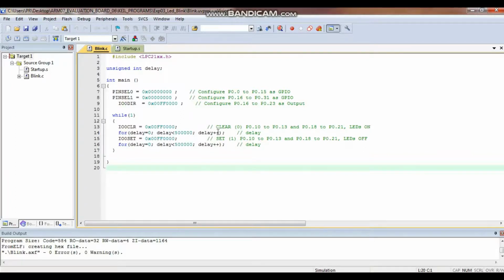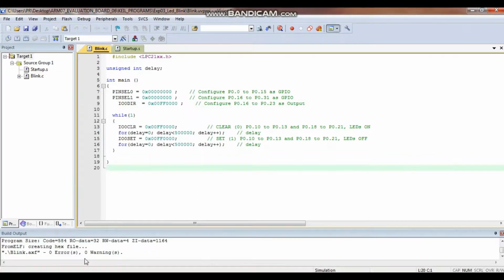You can say it is a 5 second delay, no problem. Then I am setting, set means 1, the ports from 10 to 13 and 18 to 21, and again I am introducing a delay. Okay. So let us run this program.